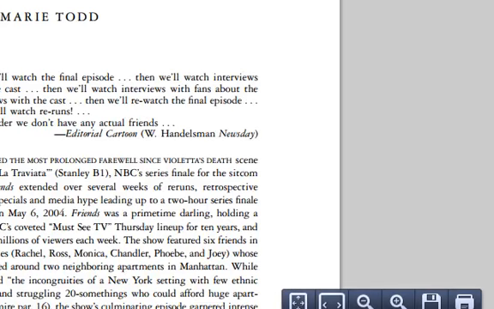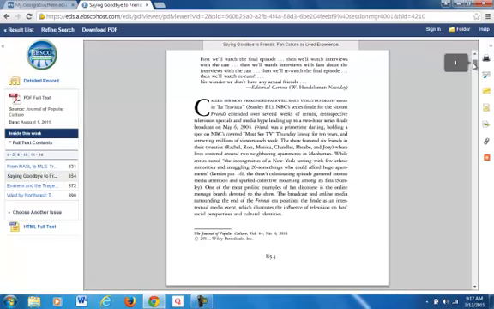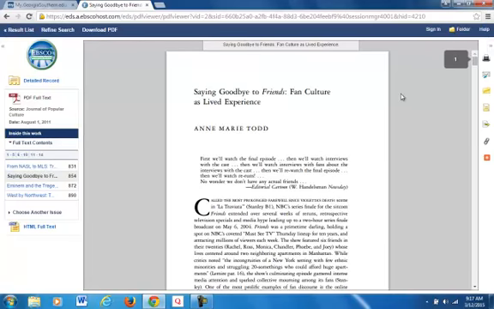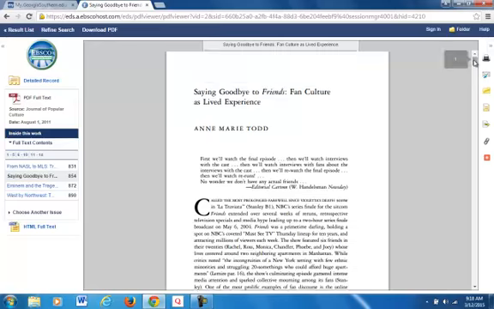Okay. And you can just read through the article and look at the main topics to make sure it's relevant to your essay or research paper. And this particular article I found is called Saying Goodbye to Friends, and it looks as if it's about the last episode of Friends and how it was such a worldwide